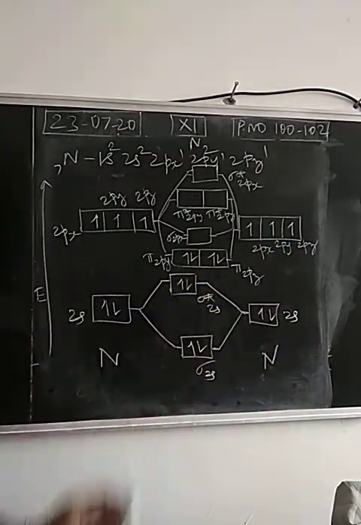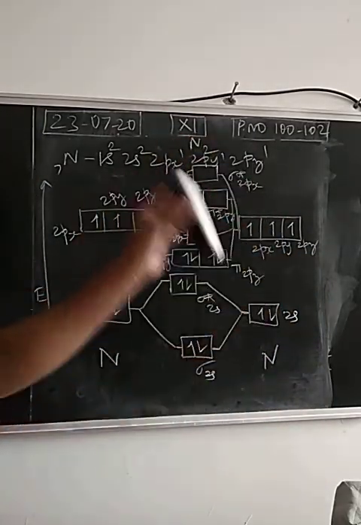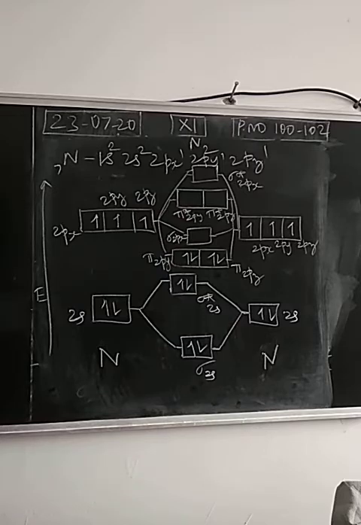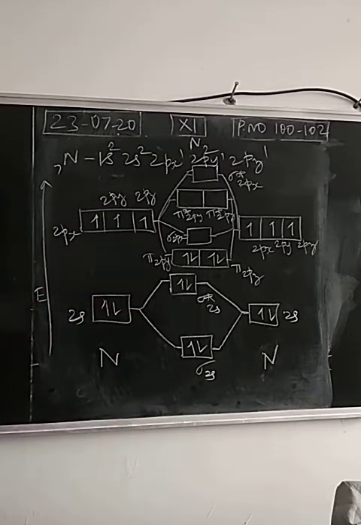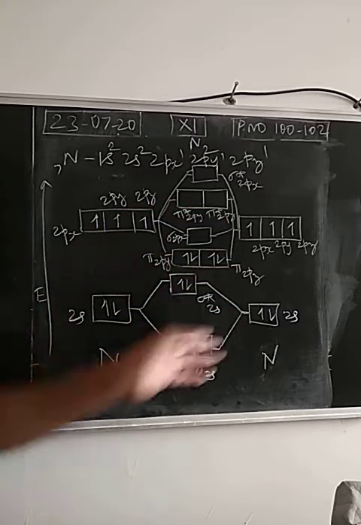So now atomic orbitals are combining together to produce bonding as well as anti-bonding molecular orbitals. Now total number of electrons, how much? For the first nitrogen 5 electrons in the valence shell, and here also 5 electrons in the valence shell. We have considered only the second shell. We have omitted the 1s orbital totally because the bond order value will not be changed. So totally 10 electrons are present.